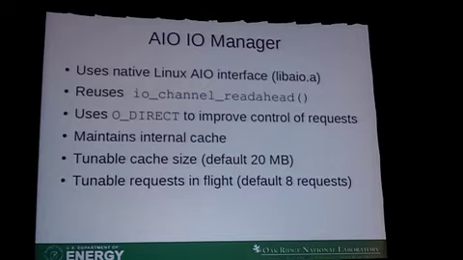I don't want to blow away the cache that I already have. I can reuse IO channel read ahead, which is a Lustre addition to ext2fs, to actually go out and do read ahead. With the Unix IO Manager, that actually ends up calling into POSIX fadvise. With mine, it calls into my library and says, hey, I'm going to want this in a while. I'll get it for you and have it here when you're ready.